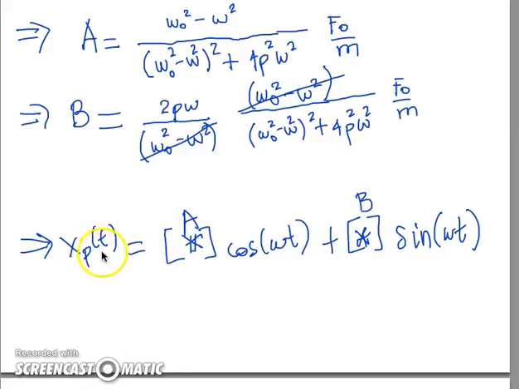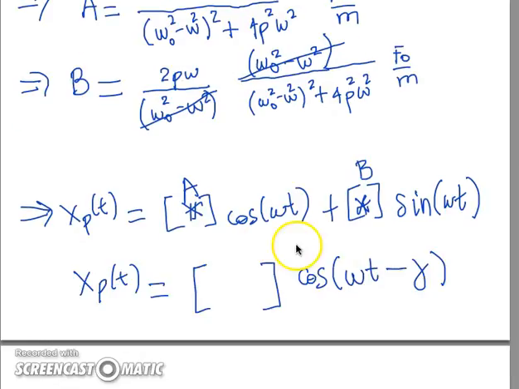So the particular solution is of this type, and one thing that remains is to rewrite this particular solution in terms now of a cosine function, a cosine function in this form with a difference in the argument, and the key there is to define this new coefficient